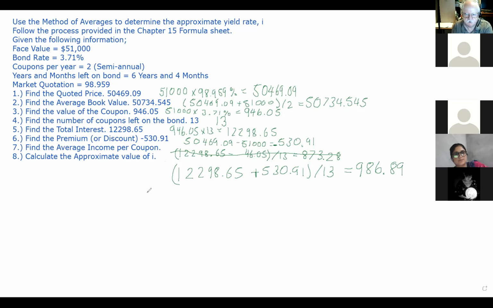So 986.89 divided by the average book value, which was our answer up here, 50469.09. So 986.89 divided by 50469.09. And so that equals